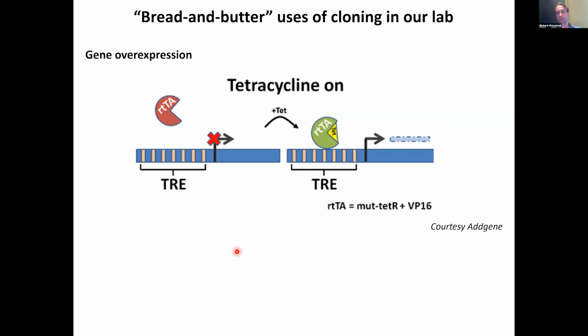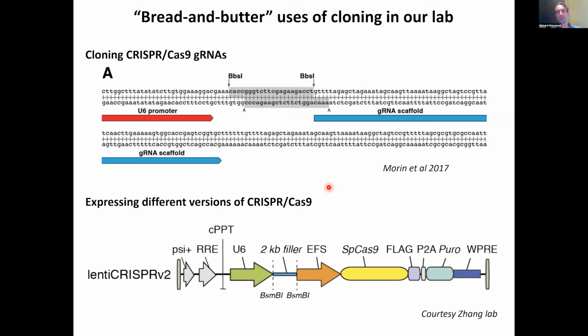I hope that makes some sense. I tried to spit out some technical terms, mainly because those are specifics that probably ring a bell to a lot of people. But the general concept is we often clone genes in a setup that has either an inducible or a constitutive promoter that allows us to turn on that gene in cells. On the other hand, we do a lot of gene knockouts, where